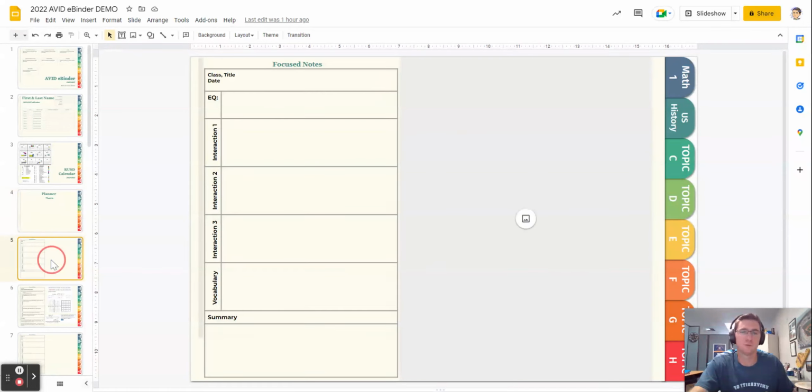Now, to what AVID is perhaps most famous, infamous, I'm not sure. The notes. So, AVID's main purpose behind the notes is that students are interacting with their notes. In an in person model, they didn't want the notes to just go into the backpack and never come out again. They wanted the notes to actually be useful, to be interactive. And so,